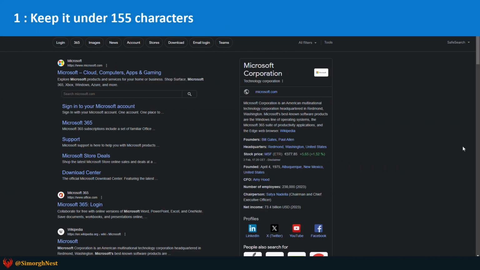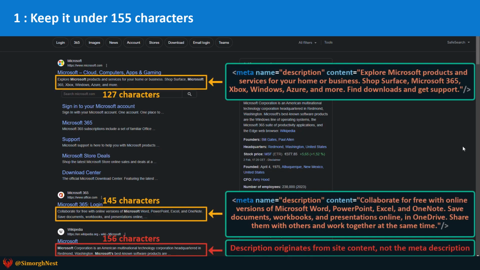There is no fixed rule for the length of a meta description. It depends on the message we want to share. Our goal should be to use enough space to convey the message clearly and briefly. If we look at Google's search results, we usually see snippets of 120 to 156 characters, like our description. Google allows us to make a meta description as long as we want, but there is a limit to what appears in the search results, which is around 155 characters. Anything longer will be cut off.